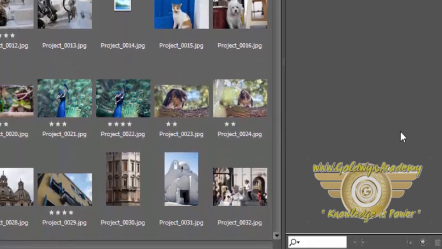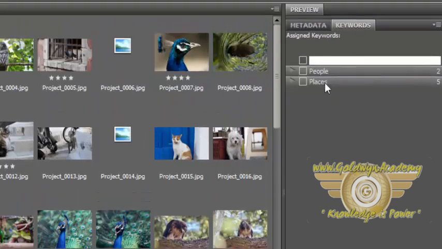Now if you click on this little plus icon here, it says new keyword. If we click on that, it will give us a little input area where we can type the name of our keyword. Let's type birds